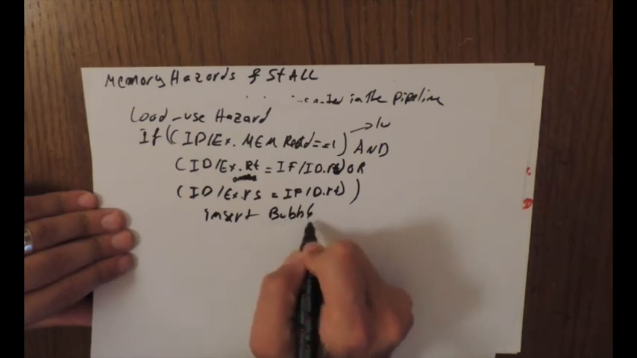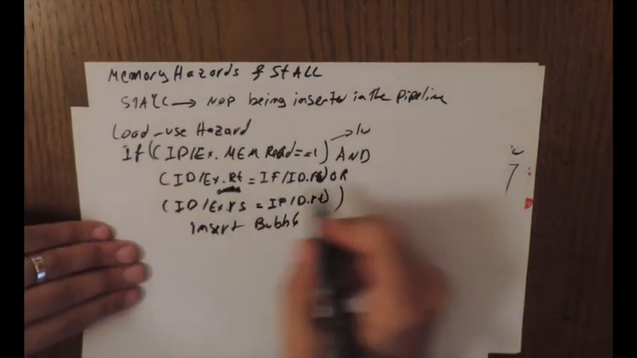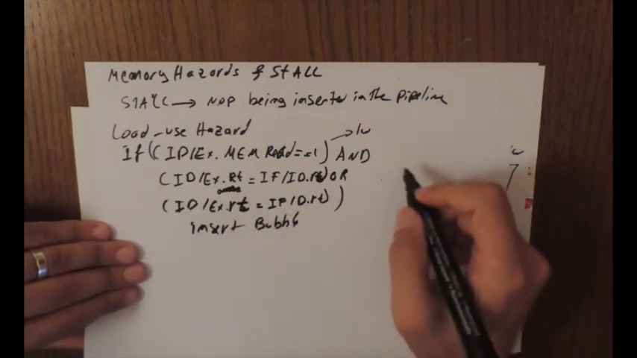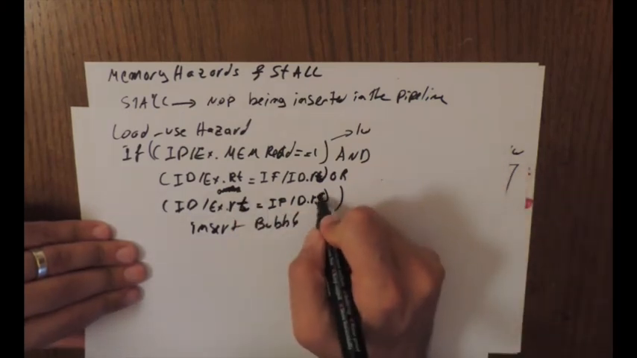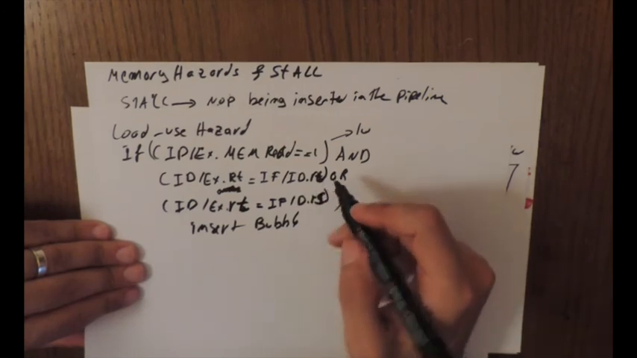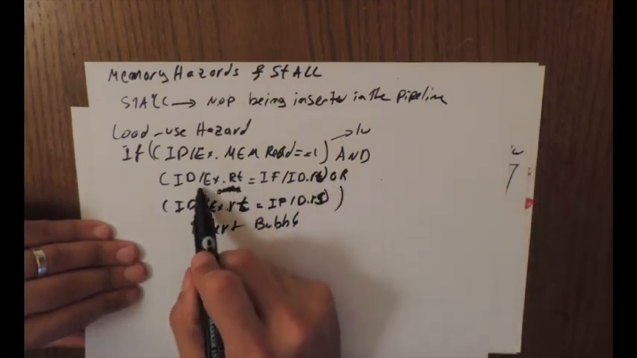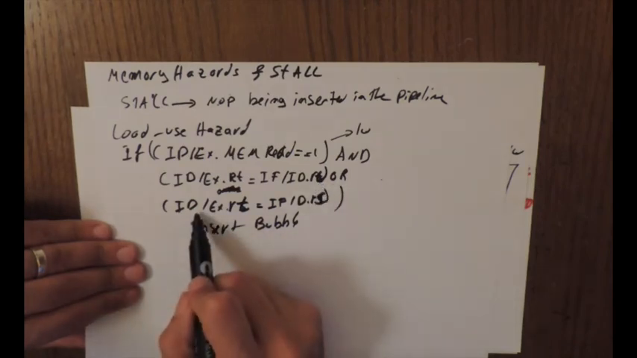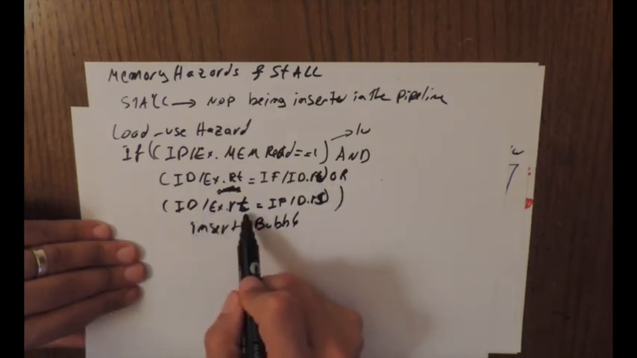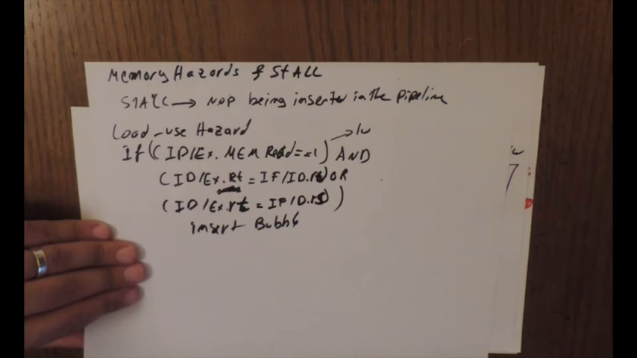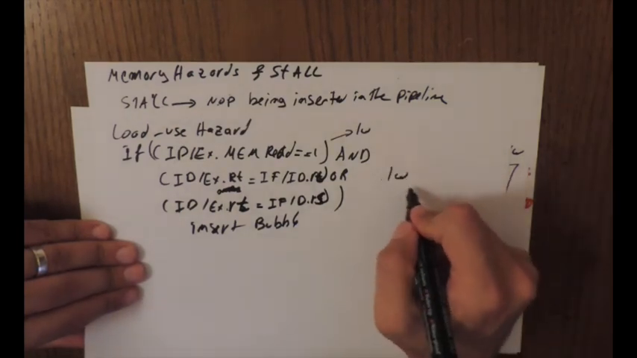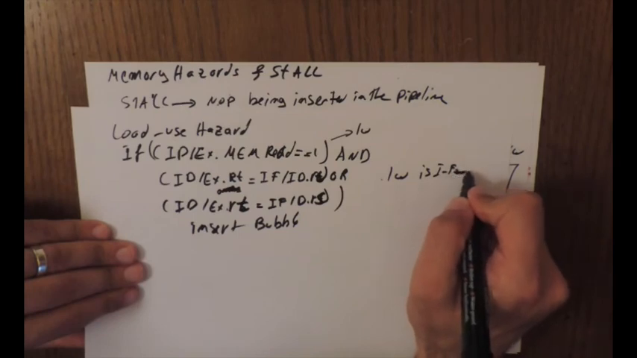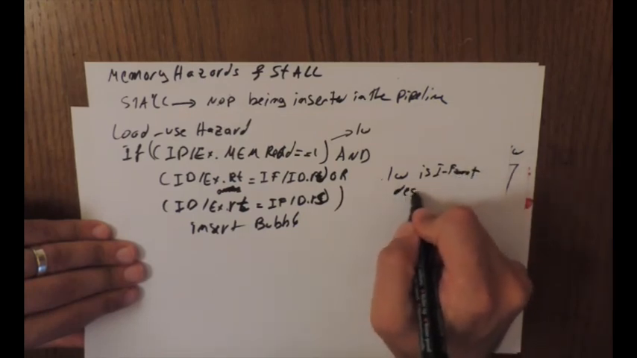So why did I use RT instead of RS? So I'm saying if ID.RT equal RT of the IF stage and ID over EX of RT is equal RS of the IF stage. So why do I use this? Because LW is I format and the destination